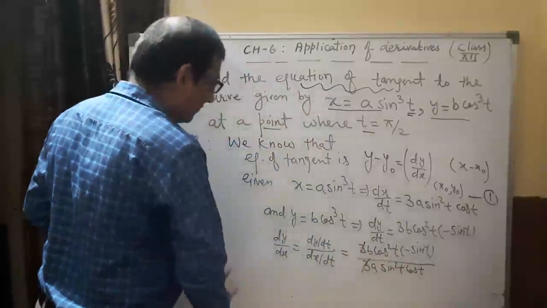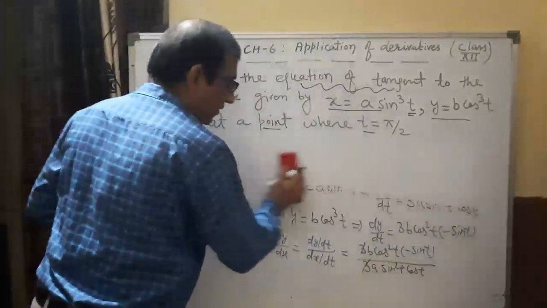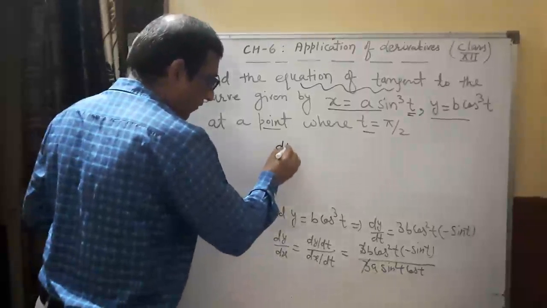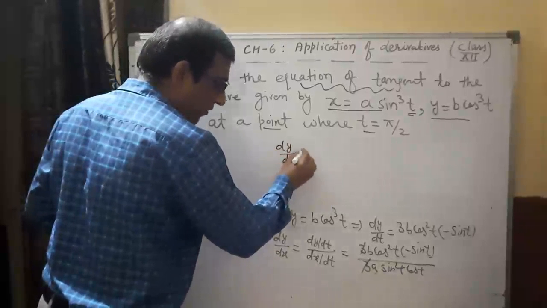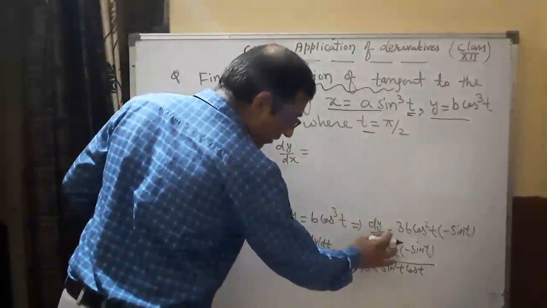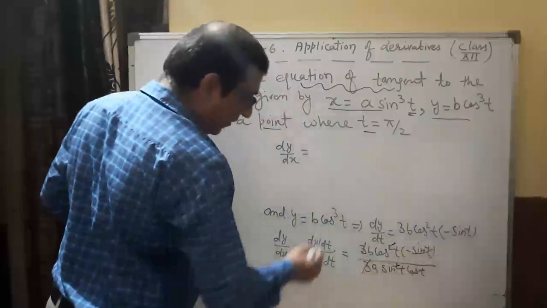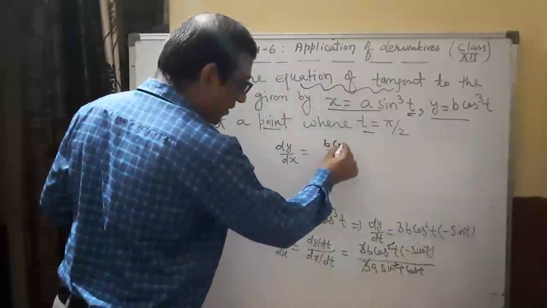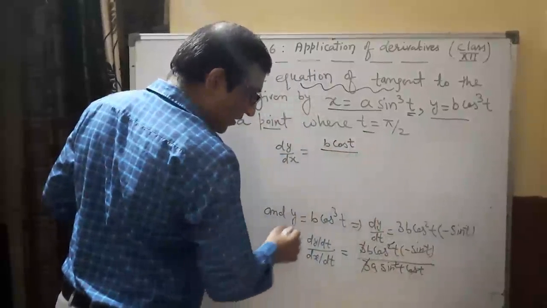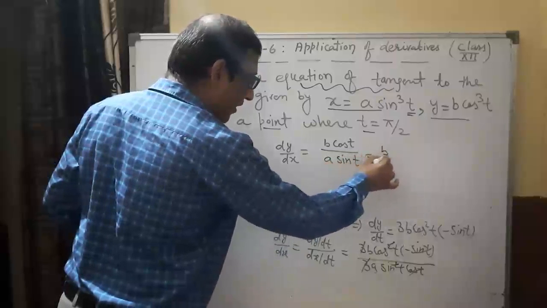So the value of dy by dx equals, cos t and cos t also cancel, and sin t also cancels. It means we will get b cos t upon a sin t, which is equivalent to b upon a